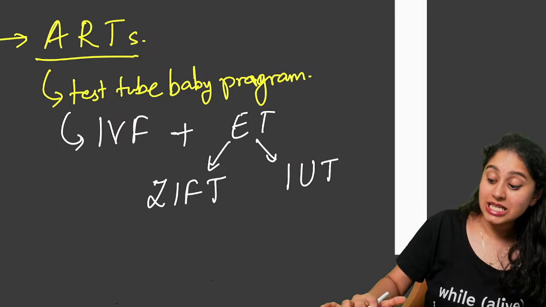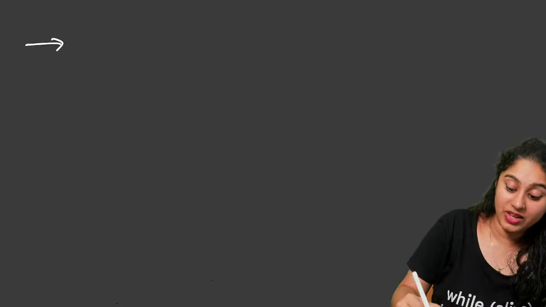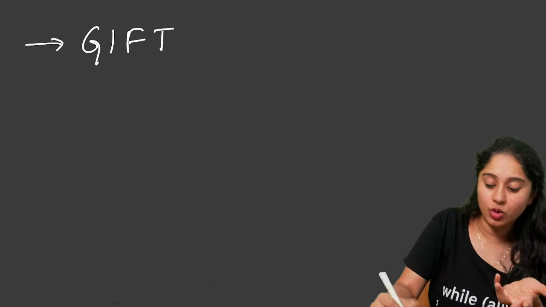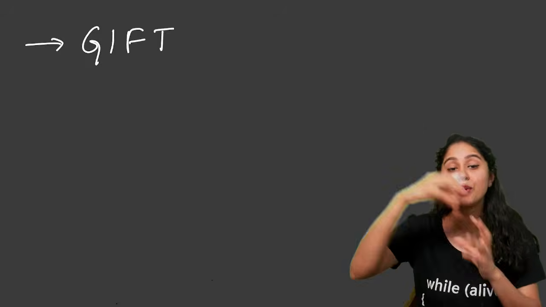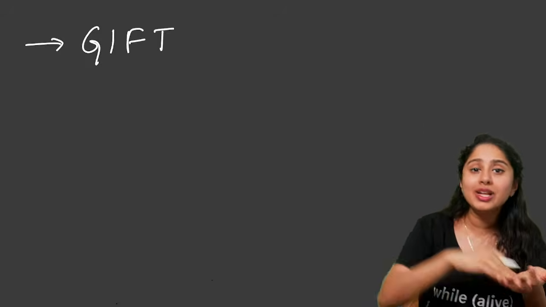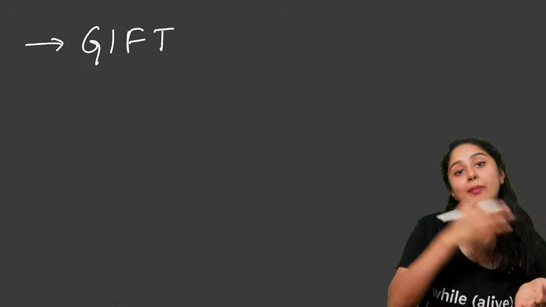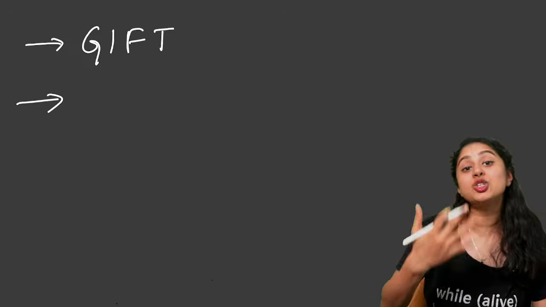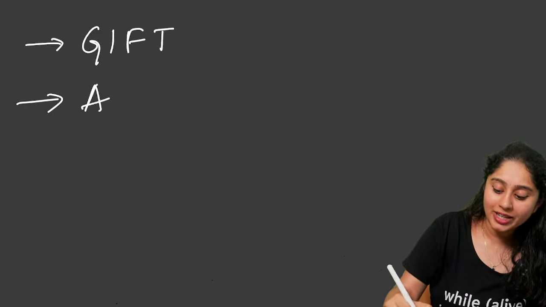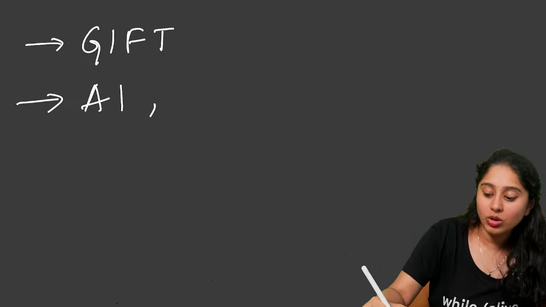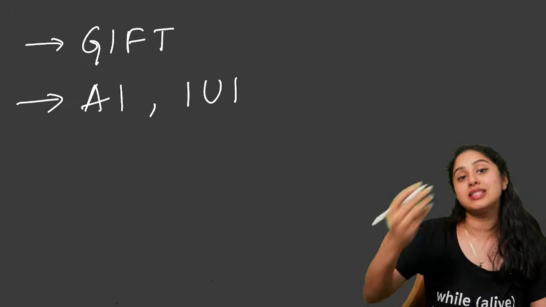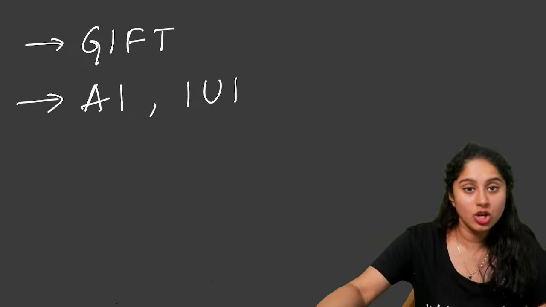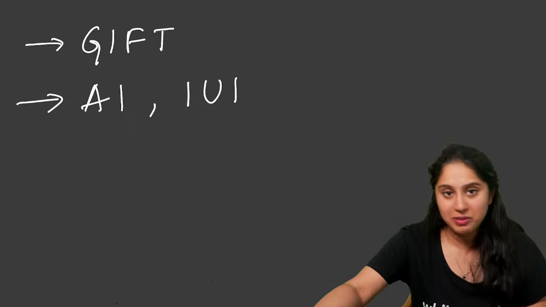Now, in case of the female not able to produce the gamete, we can do a gamete intrafallopian transfer where we'll take the eggs from a donor and we'll put it inside the woman. Then as usual, fertilization can happen and continue with the pregnancy. That is also possible. Now, in cases where the male is not able to inseminate, we can do artificial insemination, or we can also do an intrauterine insemination directly in order to deliver the sperms into the female's body.